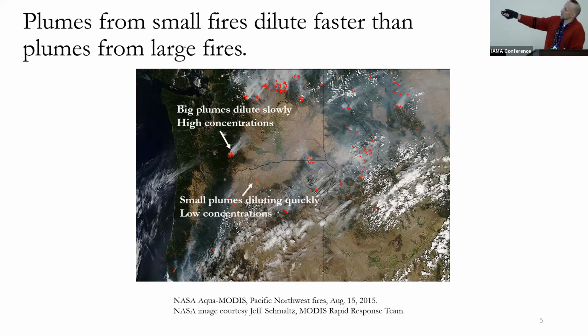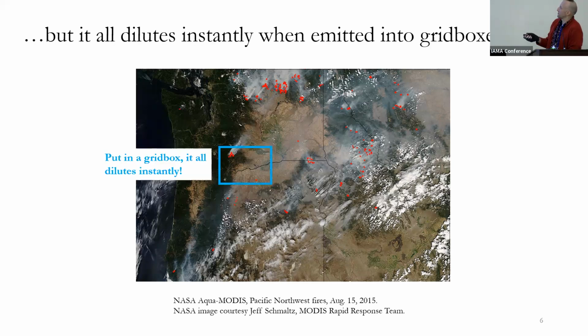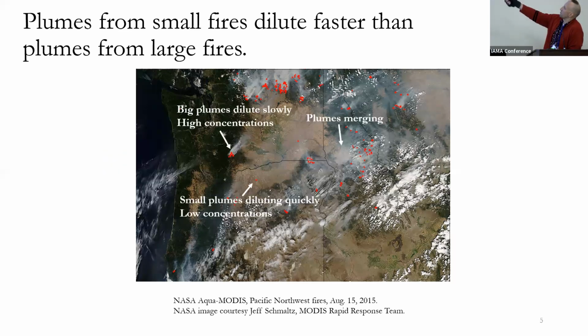Whereas in this case, this is just a single fire hotspot. Small fires, if I light a match in this room, it's going to dilute very quickly. Even if the emissions per meter squared of my match are very high, it doesn't take long to mix clean air into that small plume. And also there's these challenges where you get big plumes that merge with each other and make super plumes. And so keeping track of these things is challenging.